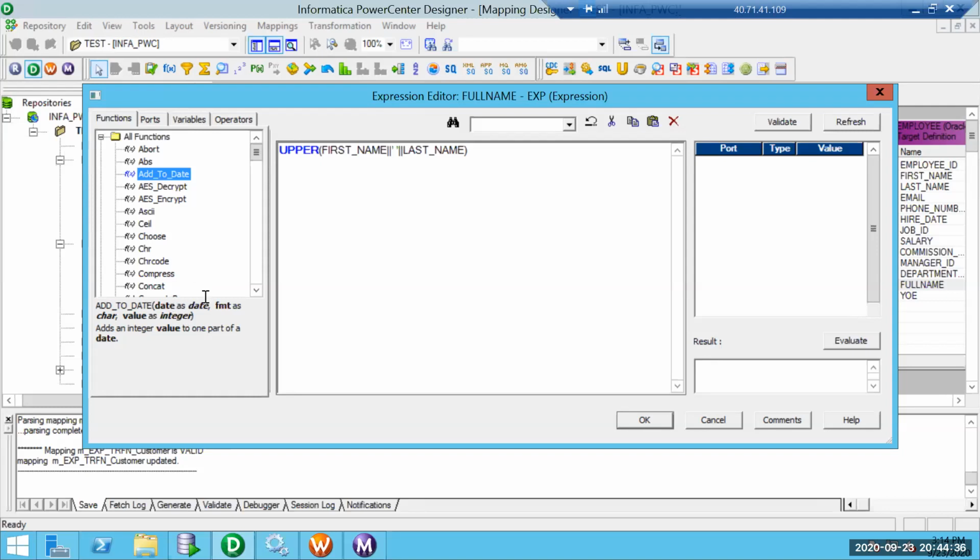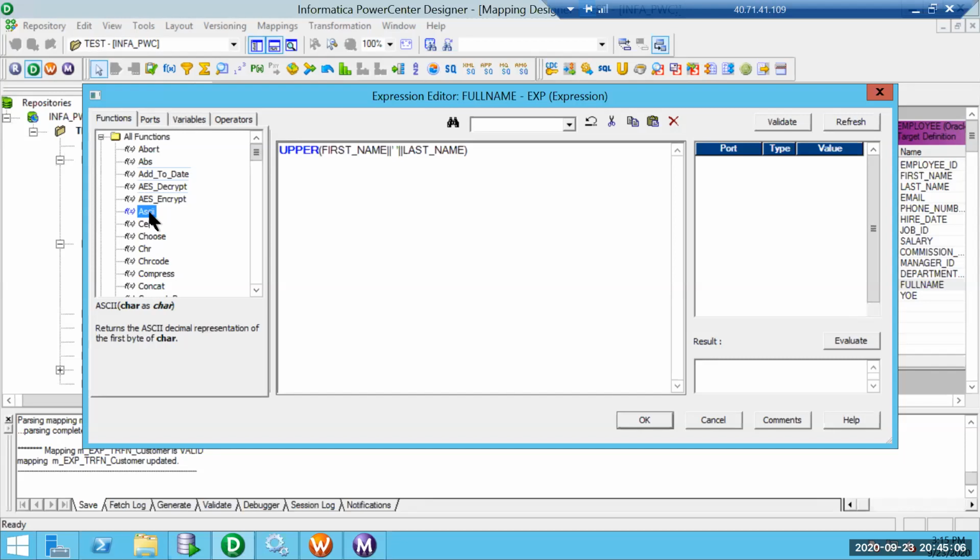So add to date takes the value, the format we want to add, whether year or month or date, and then the value we want to add. Then these are in the Advanced Encryption Standard, one to decrypt and another to encrypt. So this requires two things: one is the value and another is the key, keys for encryption and decryption.